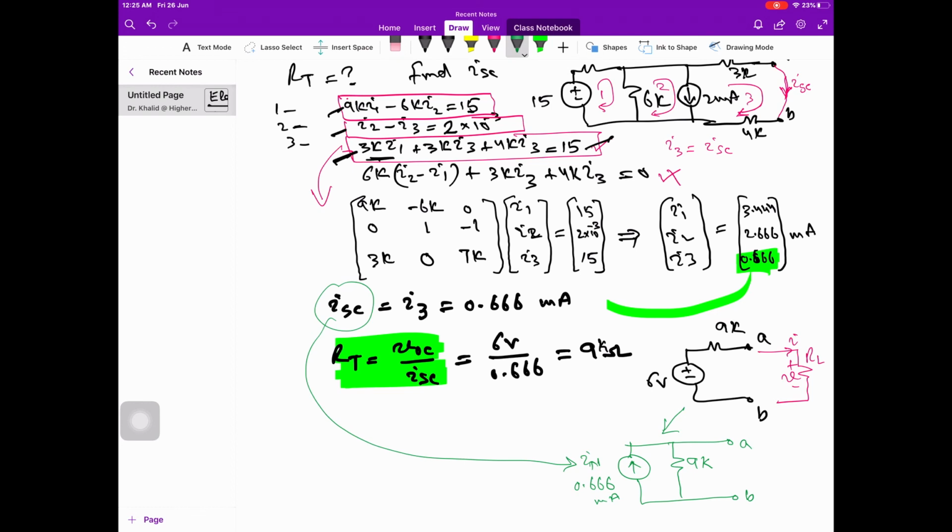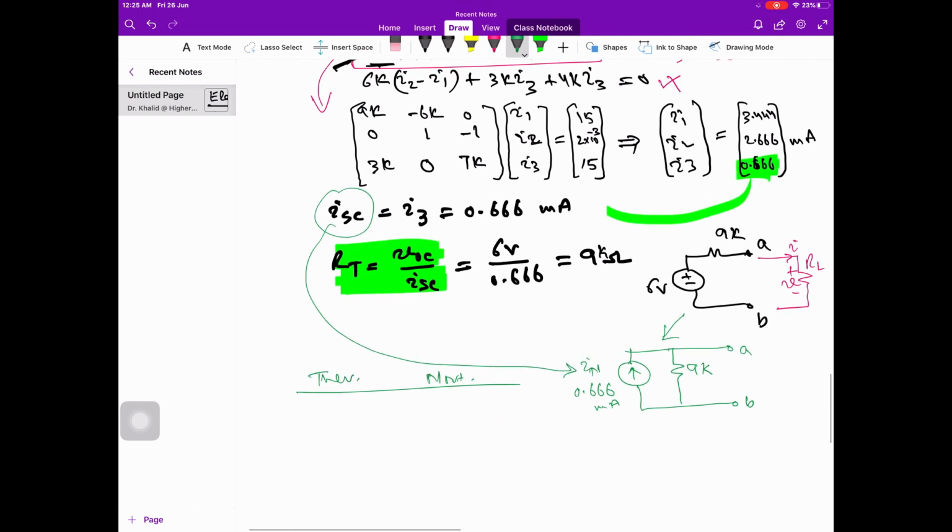Now you can see the Thevenin equivalent and the Norton equivalent. I will leave it to you. Find the V open circuit of the Thevenin and V open circuit of the Norton, and find I short circuit of the Thevenin and I short circuit of the Norton. Both open circuit voltages should be same and short circuit currents should be same, because these two are